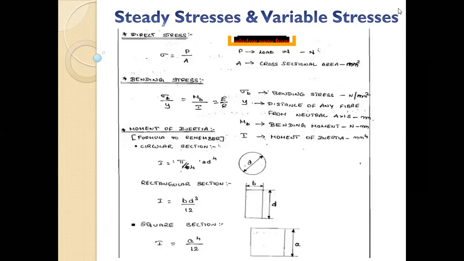So I gave you 400 Newton per mm square as your sigma, which is SYT. Then P is 980 Newton, and we have to find the diameter. Sigma is equal to P upon A. So A is equal to P upon sigma, or pi by 4 d square is equal to P, your 980, upon sigma, 400. So d square is equal to 980 upon 400 into 4 by pi.